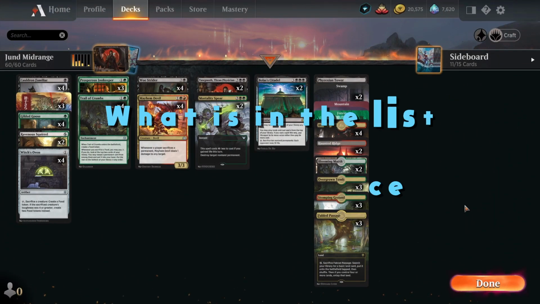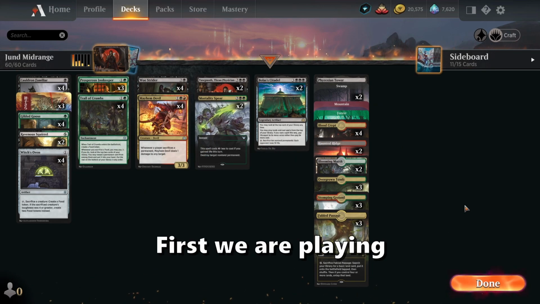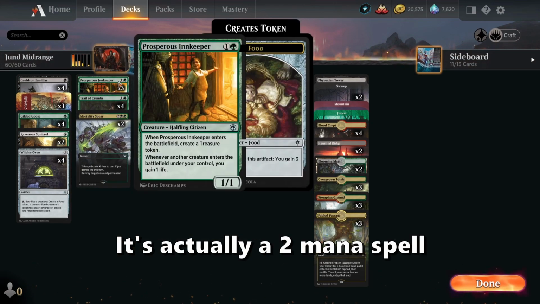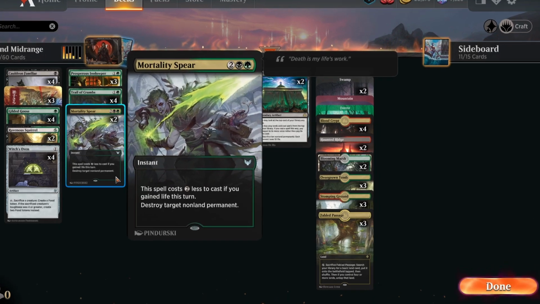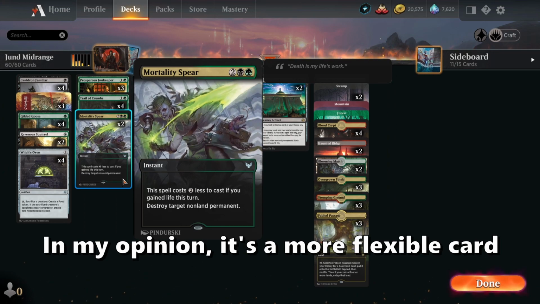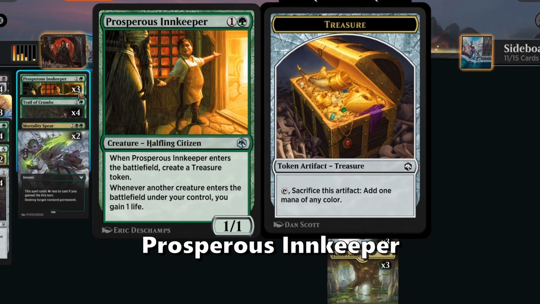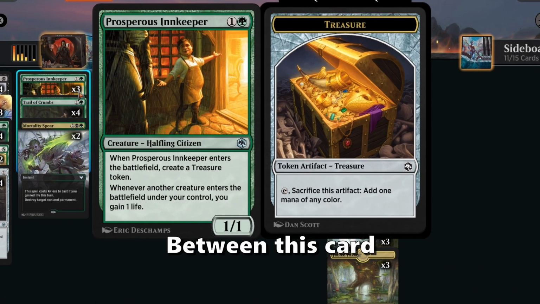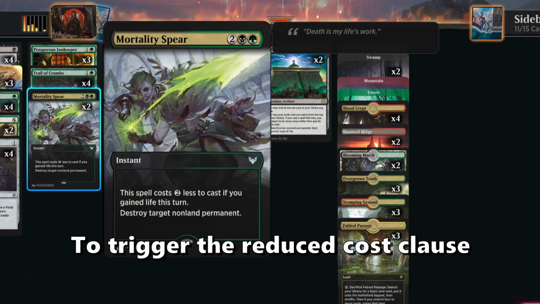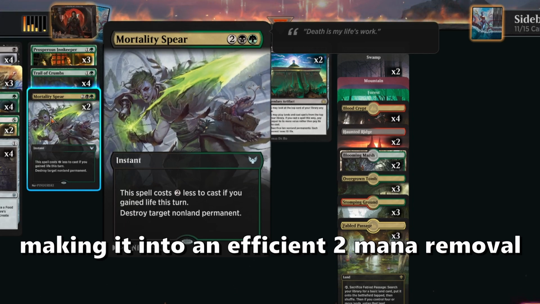So what is in the list compared to the usual Jund Sacrifice list? First, we are playing Mortality Spear. I would actually put Mortality Spear in the 2 mana curve because this spell costs 2 less to cast if you gain life this turn. In my opinion, this is a more flexible card in our deck, since we are playing 3 copies of Prosperous Innkeeper. Between Prosperous Innkeeper, Cauldron Familiar, and Gilded Goose Food, you have a lot of life gain in this deck to trigger the reduced cost clause on the Mortality Spear, making it into an efficient 2 mana removal spell that can